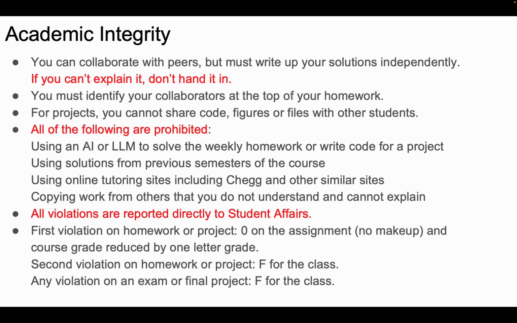I just write up the evidence that makes me suspect there is a violation and send it directly to the Office of the Dean of Student Affairs, and they schedule a student conduct hearing. And based on their decision, we'll be determining what the implications are. If they find that there has been a violation, in addition to whatever sanctions they impose, you will get a 0 on that assignment, and your course grade will be reduced. Overall course grade will be reduced by 1 letter grade.